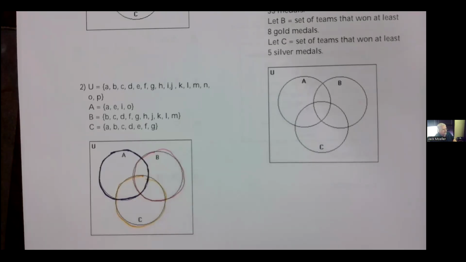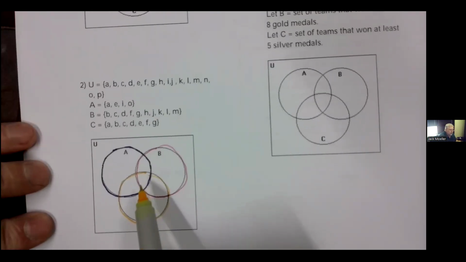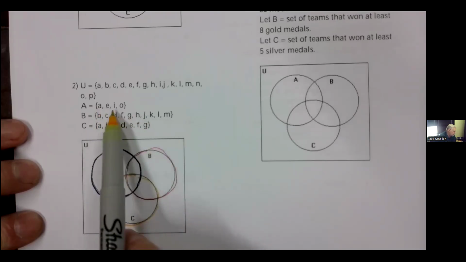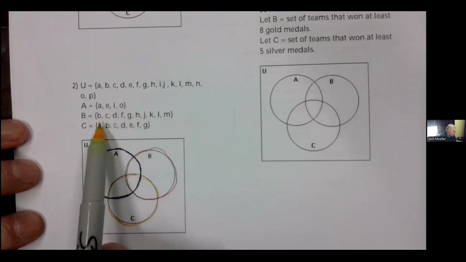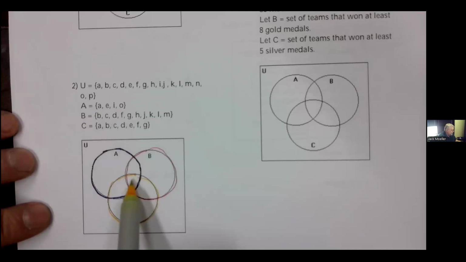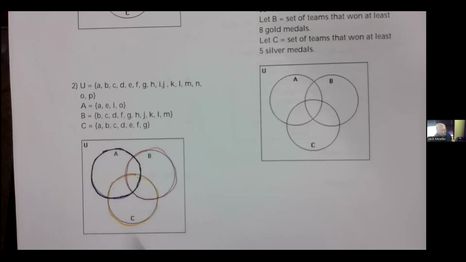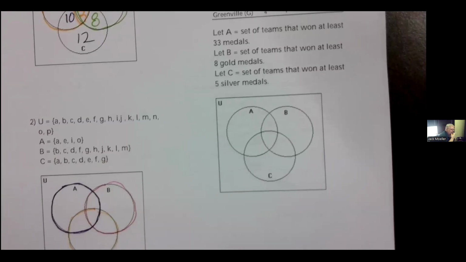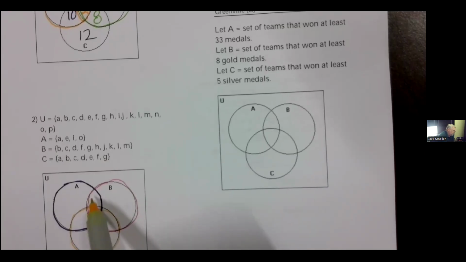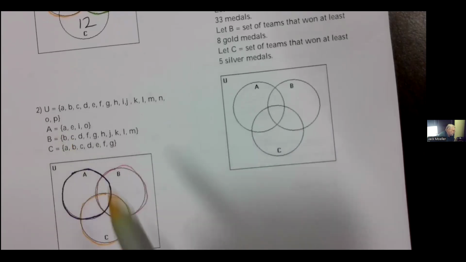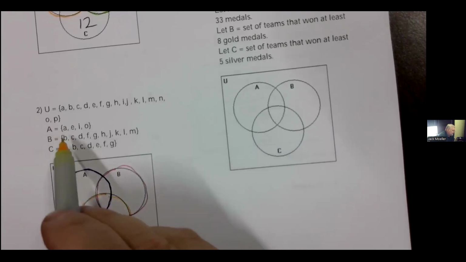All right. So if I want to place these elements in here, where do we start? And again, always try to start with what's in all three. So A, nope. E, nope. I, nope. O. So there's nothing in A that's in B. So there's nothing in all three. So that means there's nothing in the center of this one. Okay. Now, once you take care of the center, if we're talking about number of elements, then we would definitely go to these 3 parts, but that's more like 2.5. So now let's just, once I do the very center for everything, then I just start placing the elements